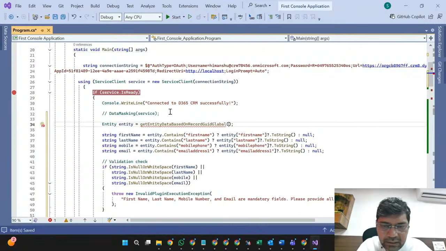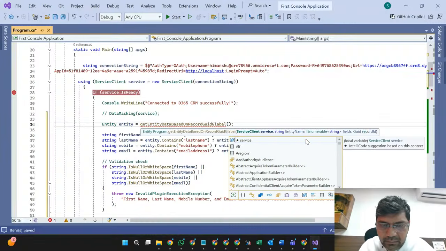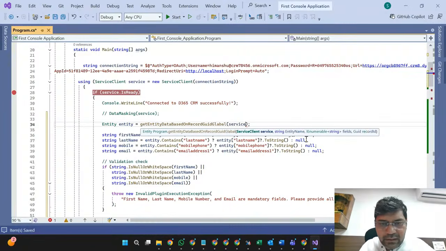Here we are trying to read data from the lead entity. So what is it accepting? Service client, because this function is accepting the first parameter as service client. The second parameter is the entity name. Here the entity name is lead.